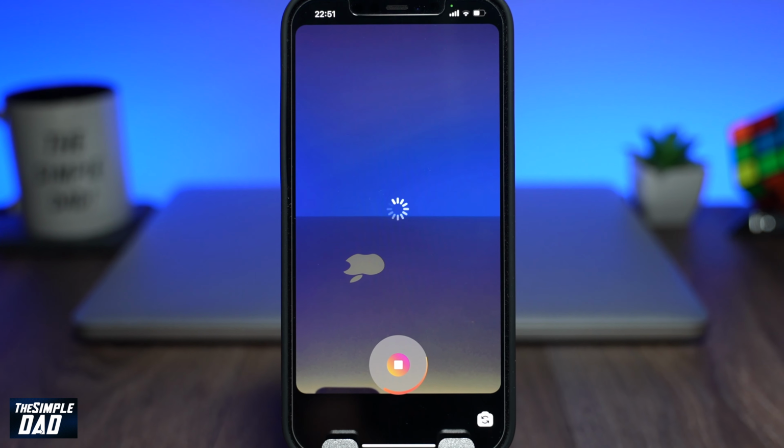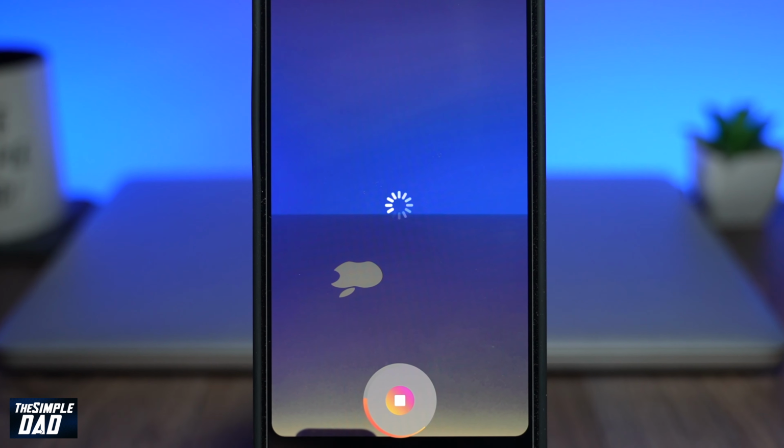Welcome back everyone. In this video, I want to show you how to get the buffering effect on Instagram story